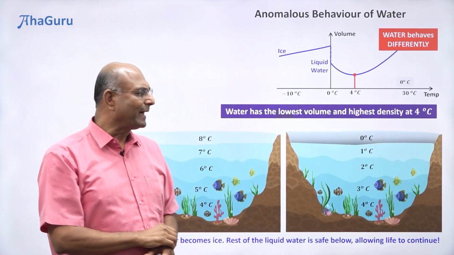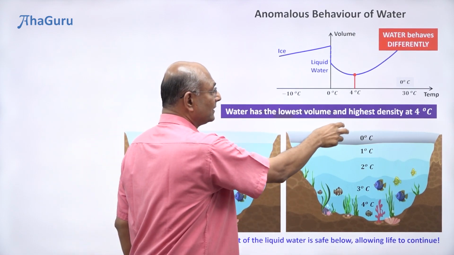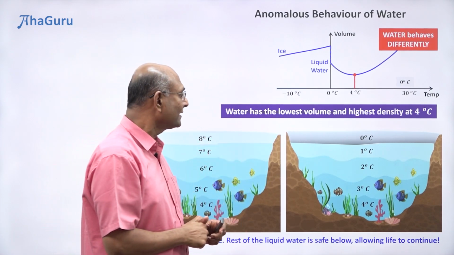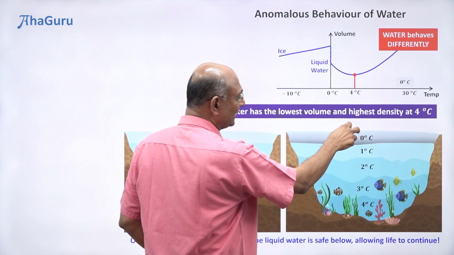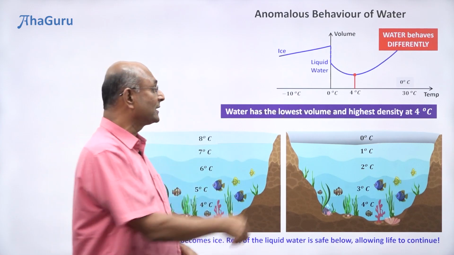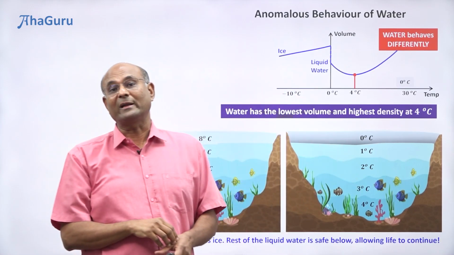Just imagine what would have happened if ice had more density. Well, then the moment it became ice, it would have sunk. Solids generally have more density than the liquid version. So it would have sunk. Not for ice, okay? I'm saying in general, for some other material, it would have sunk. And then the next layer would have become the top layer. It would have again frozen, then sunk. So layer by layer by layer, you would have had the bottom layers all getting frozen.